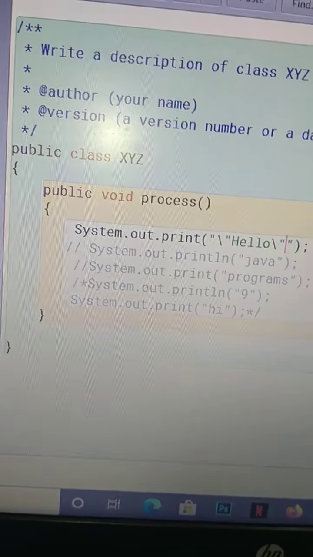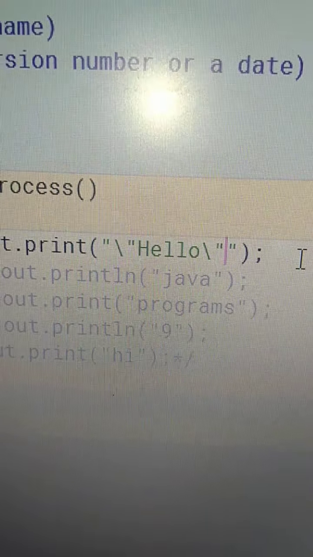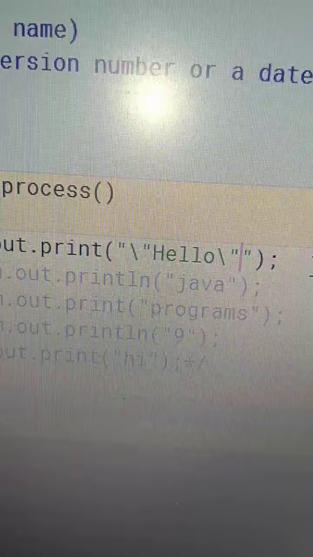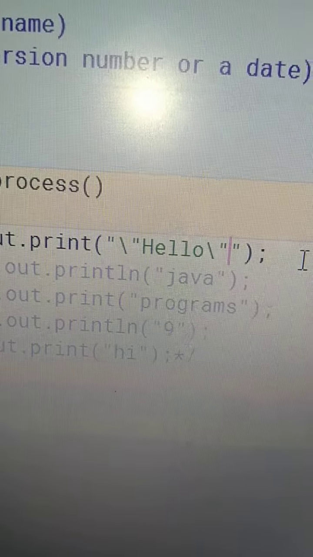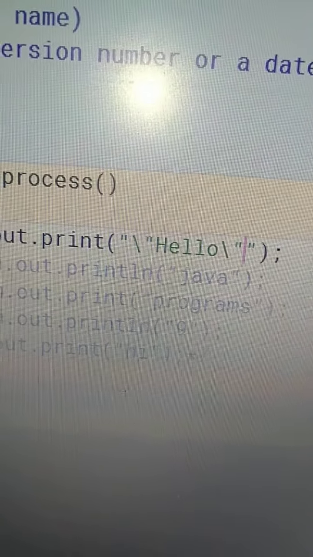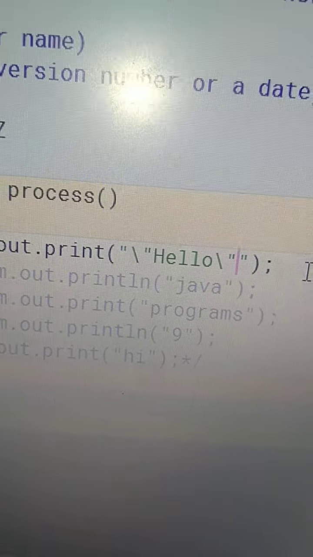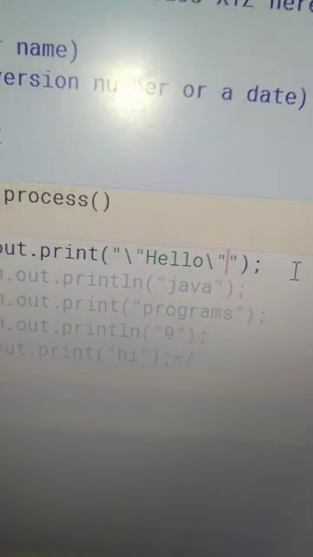So if you want a double quote, you have to repeat the syntax as it is like this. That is double quotes open, in between slash, double quotes, hello, slash, double quotes. Because why we are writing two times means we have to enclose the hello with the two double quotes.